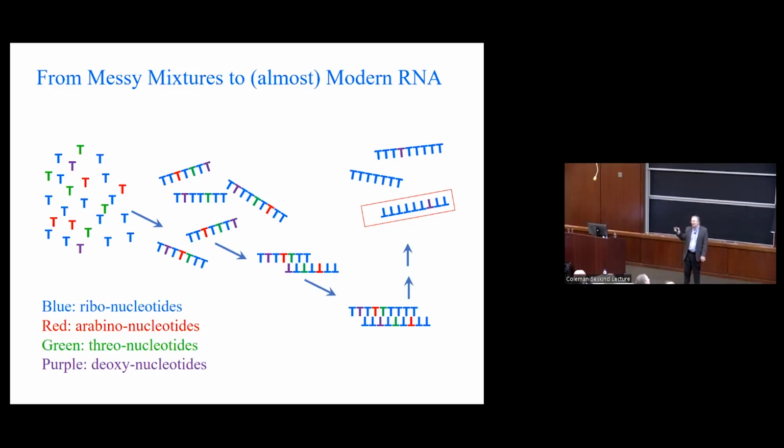What gets filtered out at this step? So there's a graduate student, Xuan Jia, working on this in my lab now. And it turns out the 3' nucleotides get a little bit filtered out at this stage. The arabinonucleotides, not at all. Deoxy we haven't looked at yet, but there's some interesting things happening there. Okay, so you make these heterogeneous oligonucleotides.